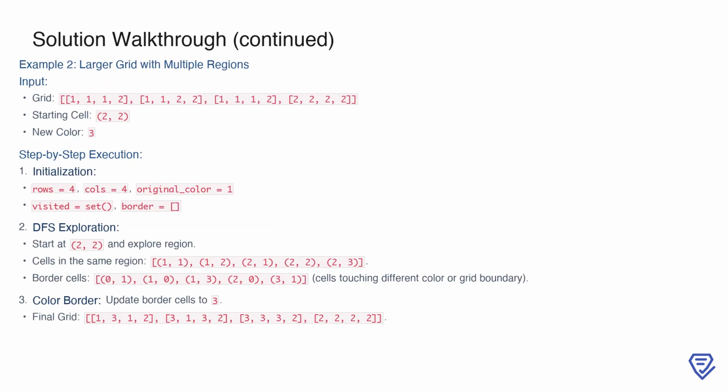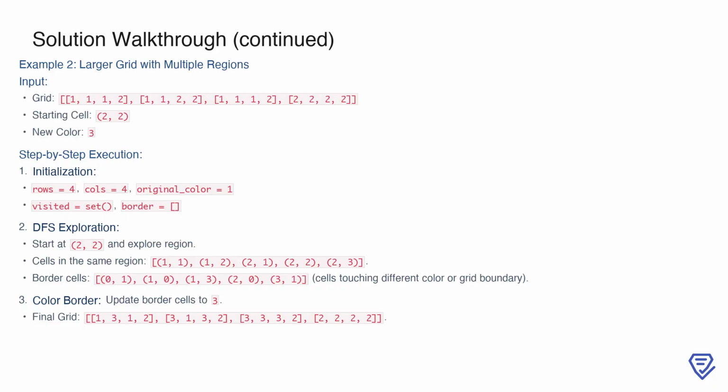Now, we examine a slightly more complex example with a larger 4x4 grid containing multiple regions. The starting cell is (2, 2), which has the color 1, and we aim to change the border of its connected region to 3. After initializing the variables, the DFS begins from (2, 2), exploring all cells in the same region. These include the cells (1, 1), (1, 2), (2, 1), (2, 2), (2, 3), as they are connected and